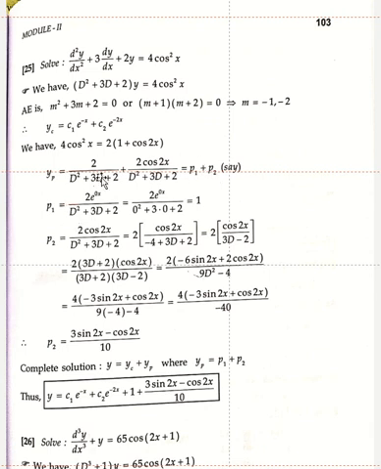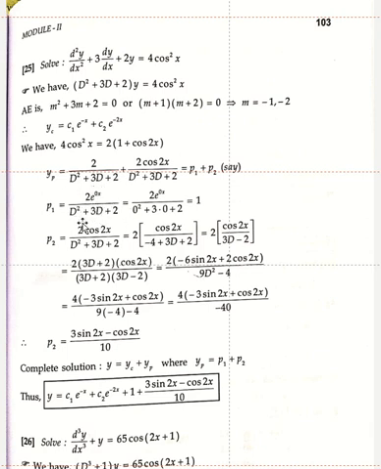P1 is equal to, here the constant can be written as a constant k into e power 0 into x. What is e power 0 into x? That is 1. 1 into 2 is 2. So 2 divided by D square plus 3D plus 2. This is in the form of e power ax divided by f of D. That is the type 1 problem.